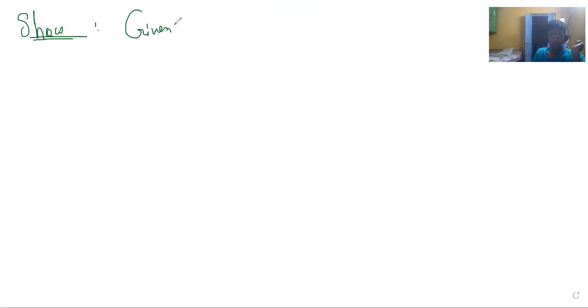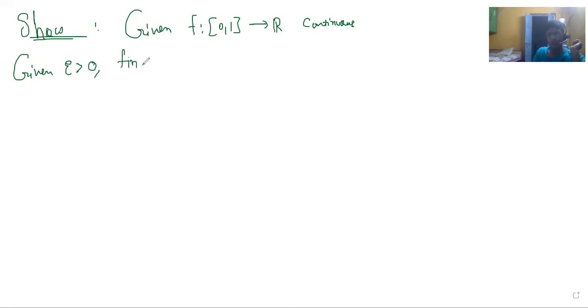Given f continuous, and again, given epsilon, try to see how this is not just continuity and how the smallest delta is not so obvious that it exists. Given epsilon greater than 0,